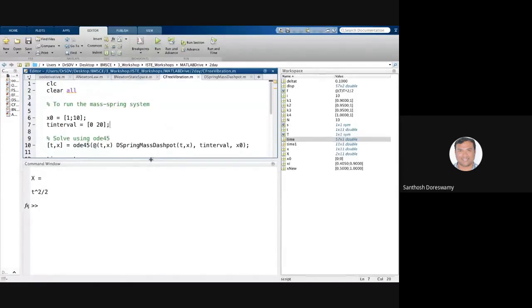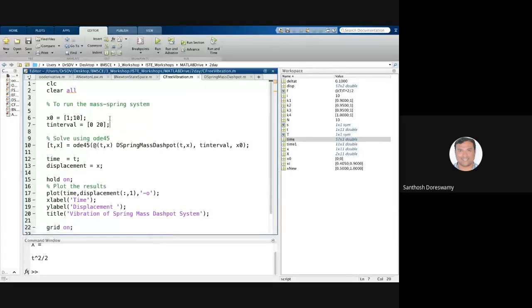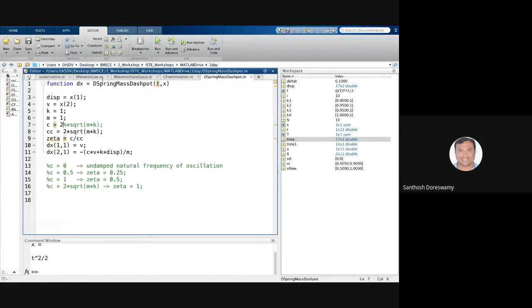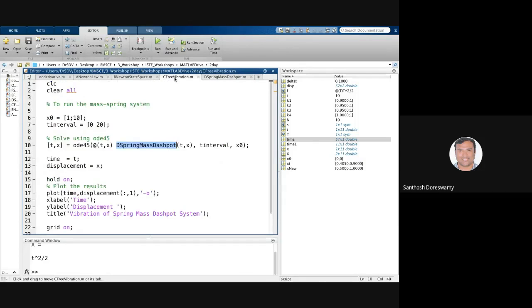Then the main script is pretty simple, because you have to only define your initial conditions and give the time interval. Then you will have to define this function, d spring mass dashpot of M here. That will send two values as a vector. The first value will be displacement, the second value will be your velocity. Okay, so you give your time interval and your initial conditions and solve this problem. Whatever t you get from ODE45 is the time, and whatever displacement you get here is